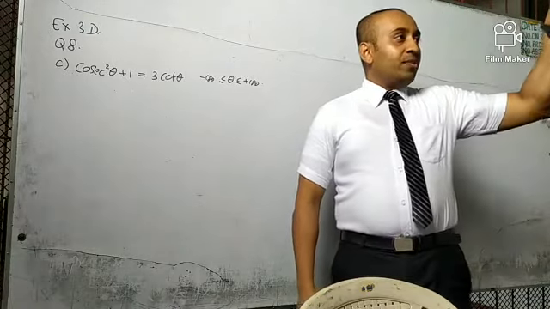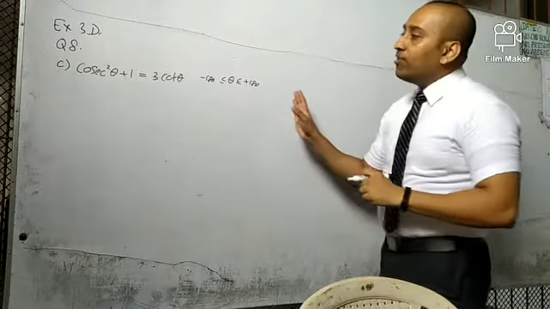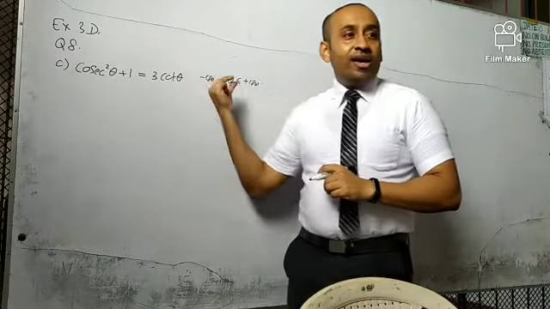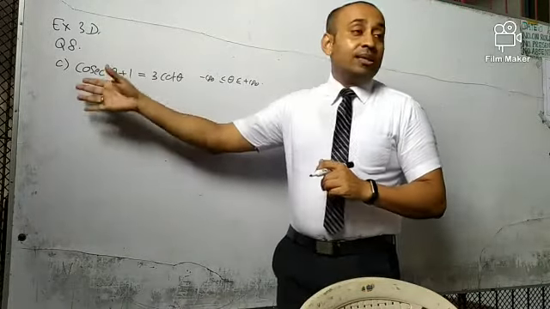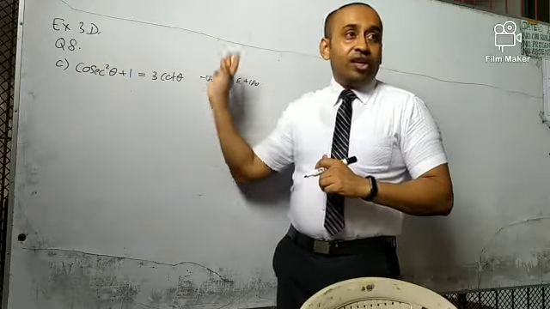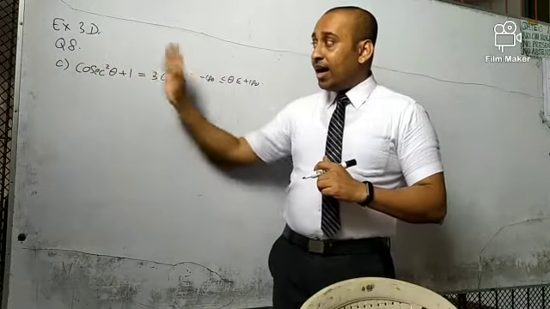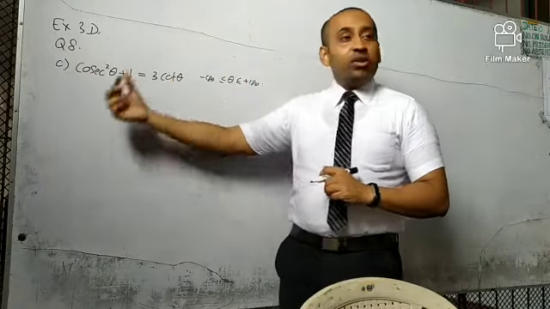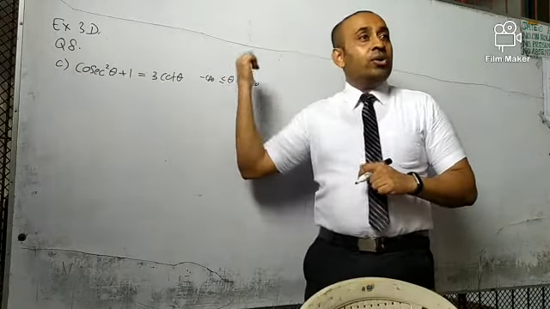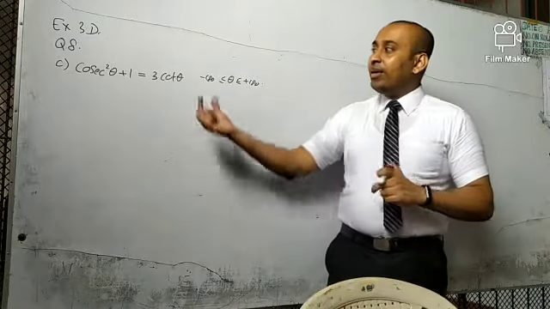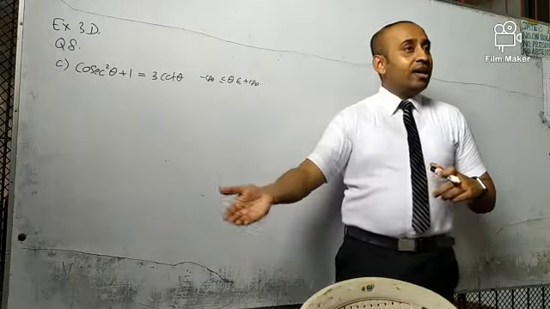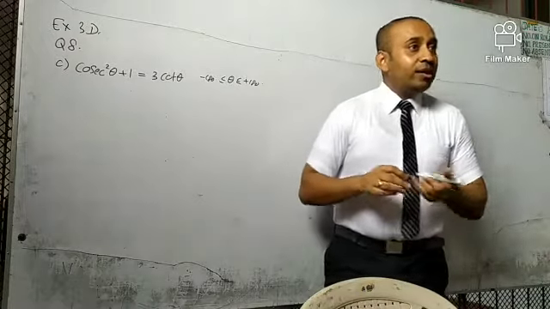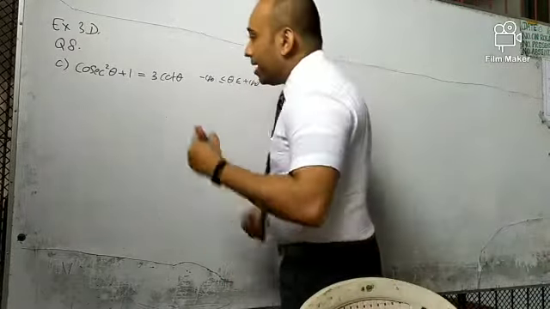Can you give me 2-3 minutes for that? Okay. Then what you need to do is, the objective, this is a bivariate equation. There are two types of trigonometric variables, cosec and cot. The objective is to convert either cot into cosec or cosec squared into cot squared. We don't have a direct equation to convert cot into cosec, but we have an equation to convert cosec squared into cot squared. What is the relationship?